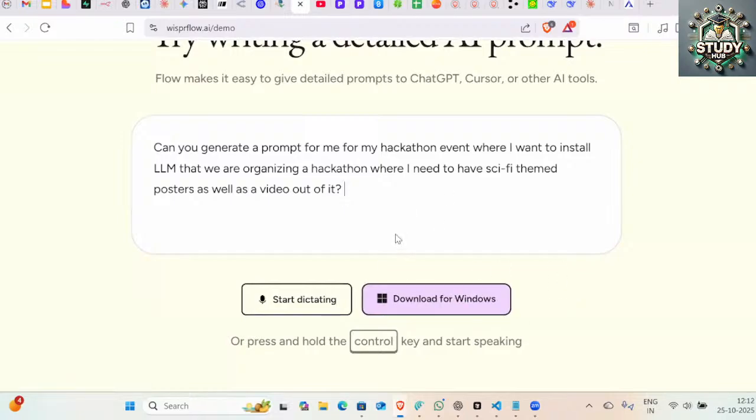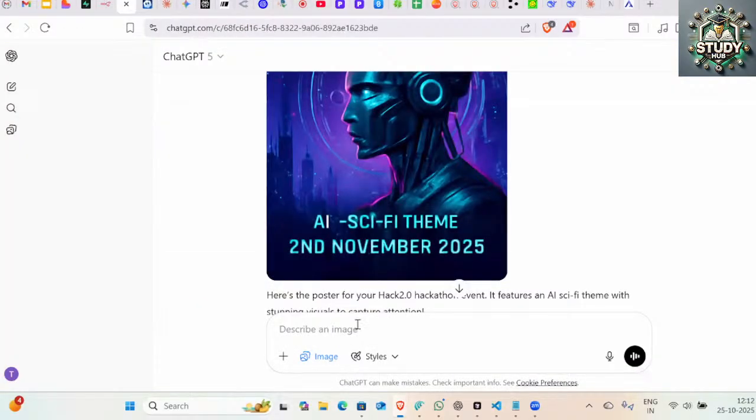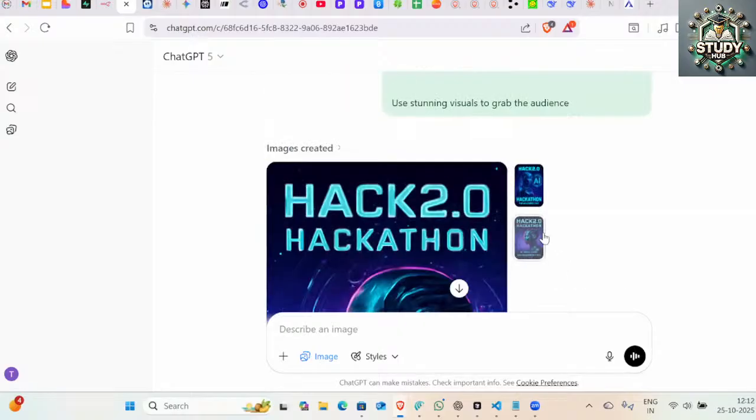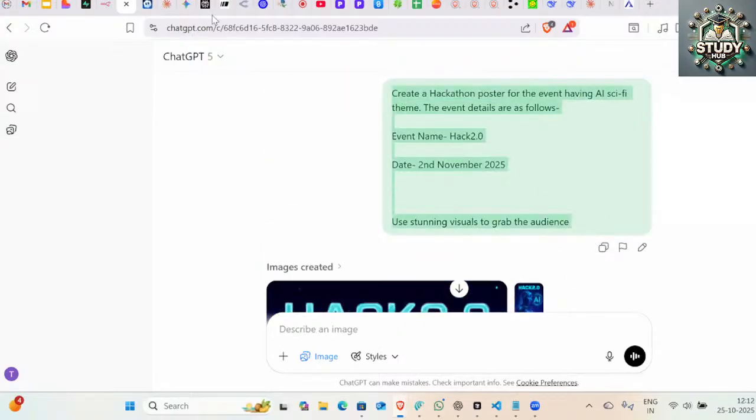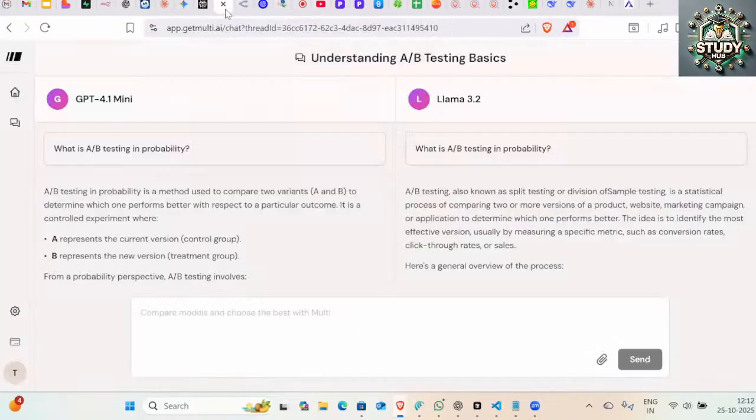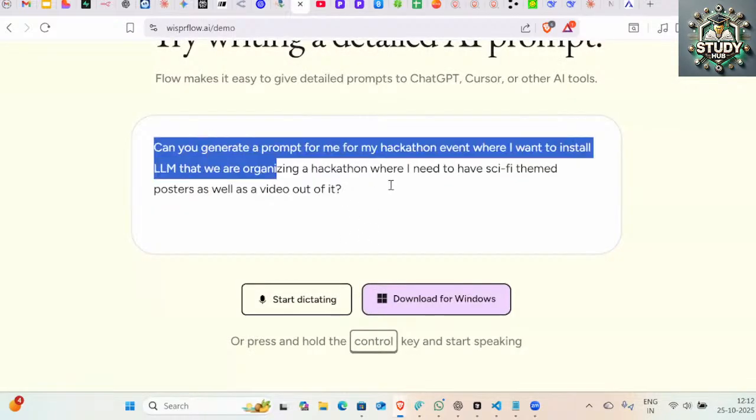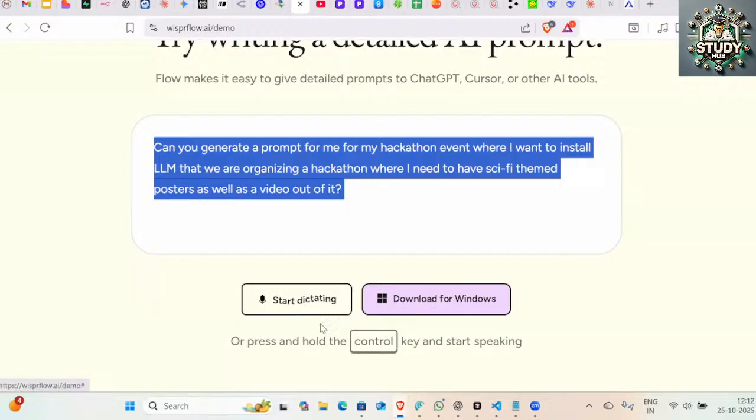So this is just the demo, right? Once you have downloaded it, I can use it across any app, right? If you want to draft an email, I am using ChatGPT. Instead of typing, I will invoke Flow by just pressing Control Tab on my keyboard, and it will start listening to me. It will type whatever I want to have, right? So instead of typing, you can speak, and accuracy wise, the model is very accurate. As per my usage, I have found it to be very accurate, and the model does a good job when it comes to transcribing everything that you are saying, right? So you can just press the Control key, hold, and start speaking.